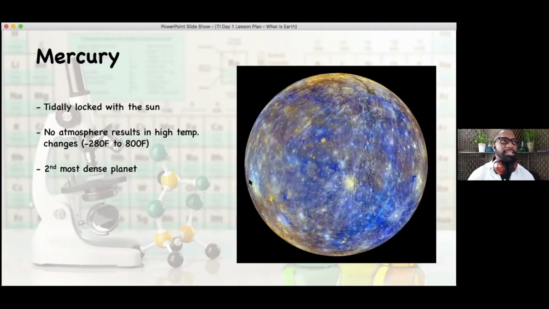And that planet is Mercury. Here we go. All right, Mercury. So Mercury is really unique in a lot of ways. The first thing that makes the planet unique is that it's tidally locked with our sun. And when we talk about tidally, what exactly does that mean? We'll go into a little bit later about the moon and tides, but particularly with Mercury, it's tidally locked with our sun. It's so close to our sun that it has a similar orbit with our sun, which makes it very special. So as the sun continues to rotate, Mercury also rotates with the sun.